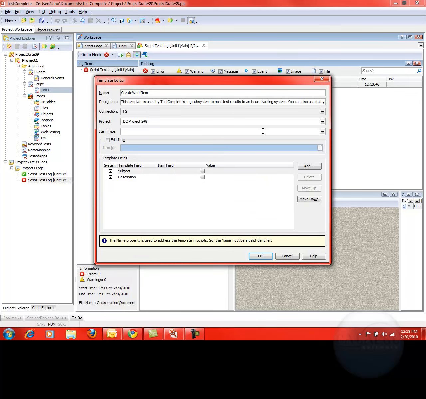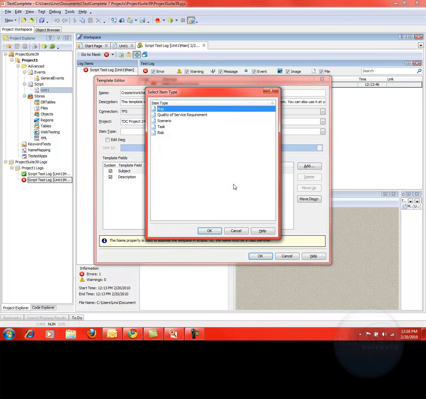And now I get to choose the item type. So it will now open the connection and the project number 248 for specifying the item type. So let's click on that. It's actually connecting now to the back to the server, opening that project, and it hopefully soon will show me